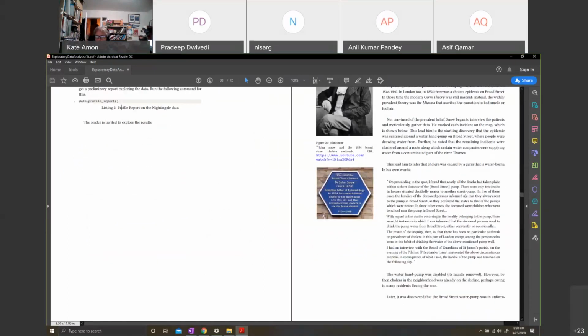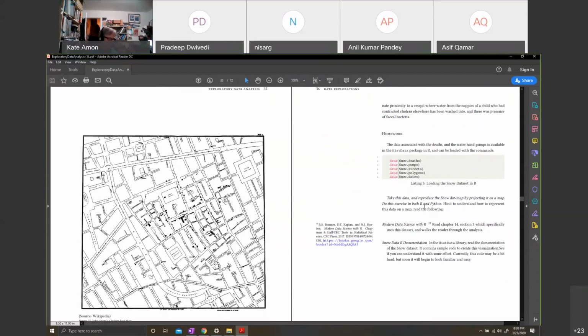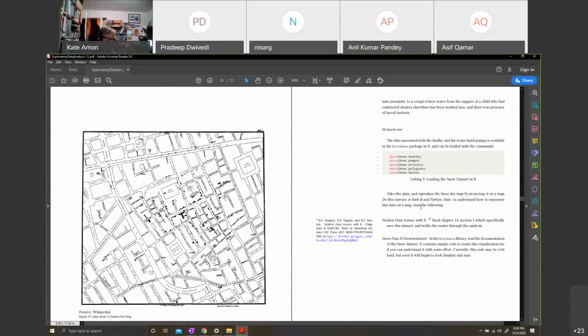Likewise for John Snow. For John Snow, I've given you a hint, do it in R. Right? You see the data is in R. You can use these data sets and do it in R. By the way, all R data sets can be imported into Python directly. Scikit-learn gives you direct support for R data sets. So you should know.